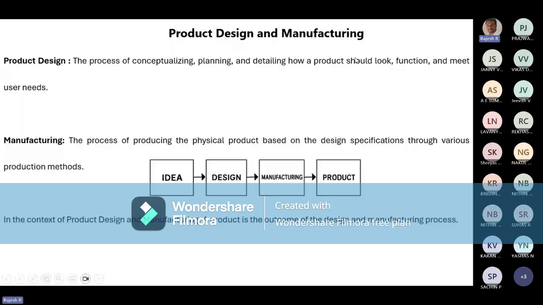So what is the specific definition of product design? That is nothing but the process of conceptualizing, planning, and detailing how a product should look, function, and meet user needs. That is the definition of product design. And when it comes to manufacturing, it is nothing but the process of producing the physical products based upon the design specification which you have taken in the conceptualization stage, or the product design stage,